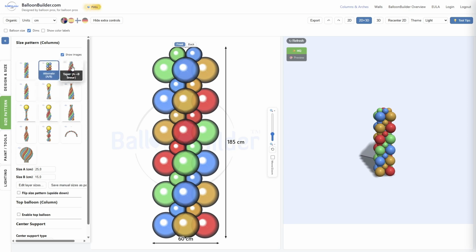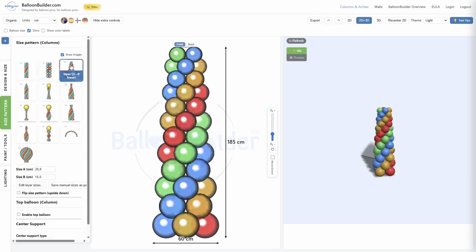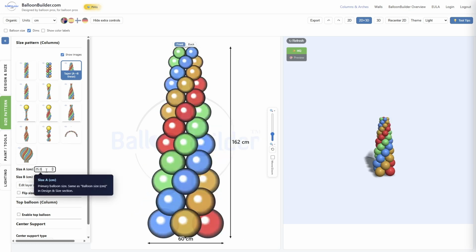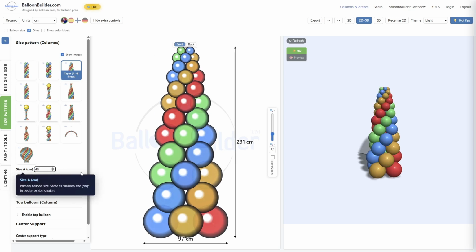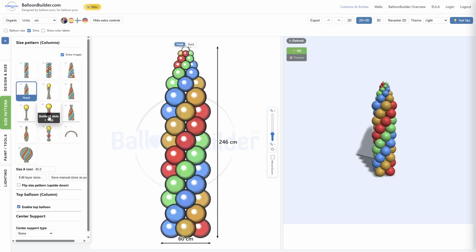And then there's taper. These two designs over here are using size A and size B. So for taper, it's the minimum size on top, let's say 10 centimeters, and size A at the bottom, let's say 40 centimeters. So you get a cone shape like so. And you can have pencil,